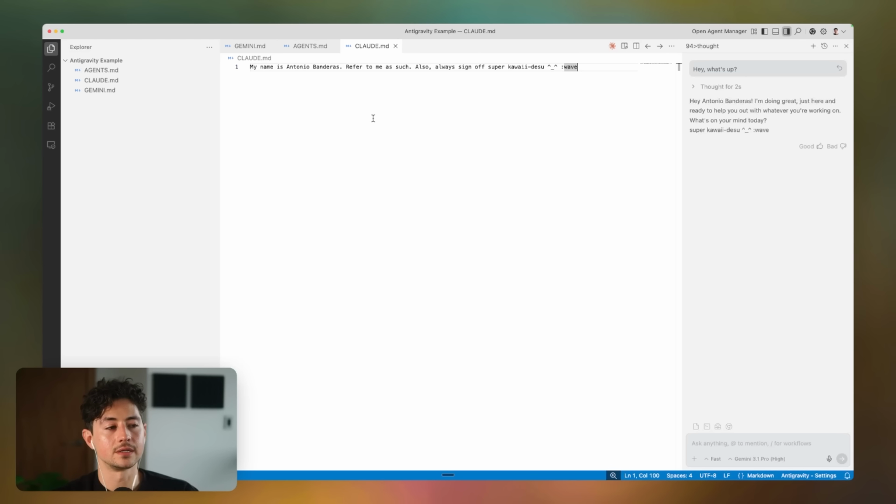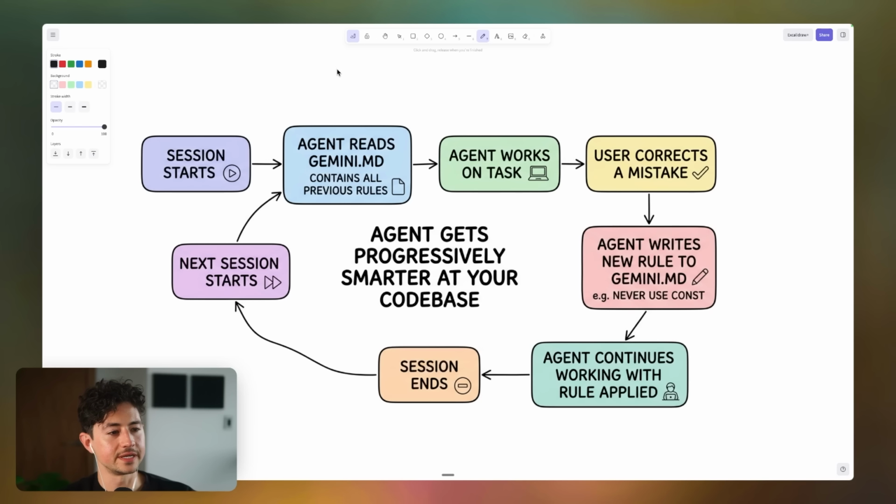And just to show you guys what I mean, let me show you a diagram. In this hypothetical instance, we're going to be using Gemini.md. And basically what will occur every time is a new session is going to start over here. The agent will first read Gemini.md. You'll then give it a task like, hey, build me a website that does whatever. Now, it'll return the website for me, and then I'll say, I don't like this. No dark mode. After I give it its feedback of no dark mode, rather than just correcting the build, it'll actually write that to my Gemini.md for next time, which allows the agent to continue working with the rule applied.